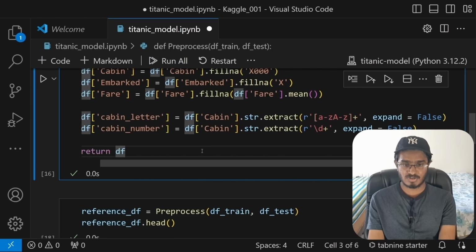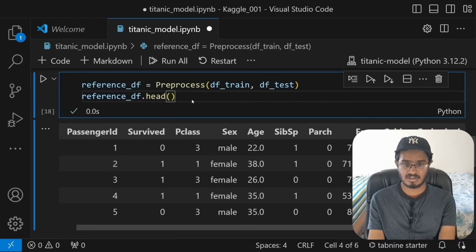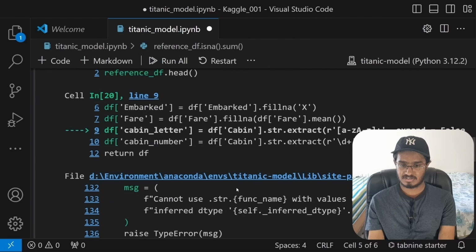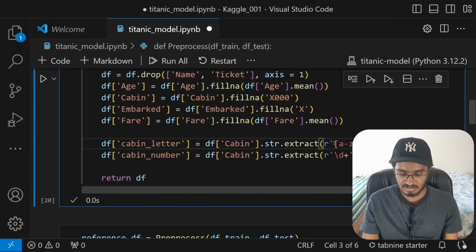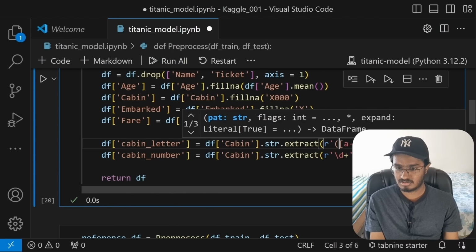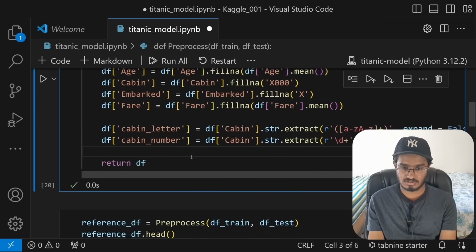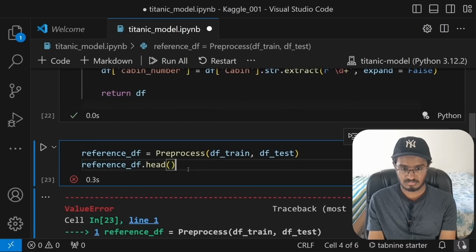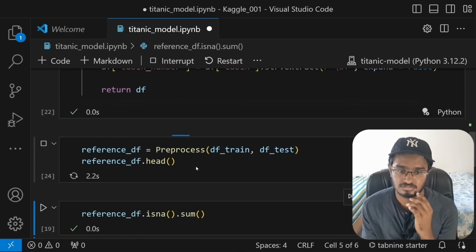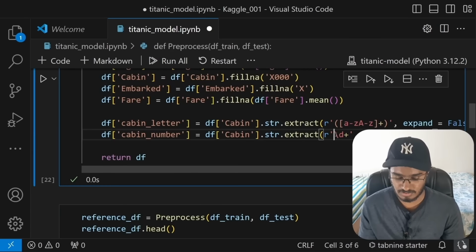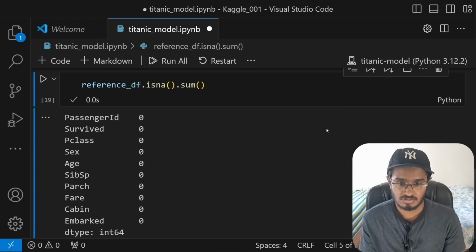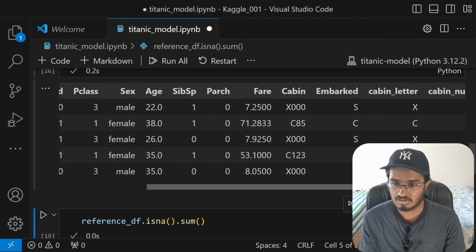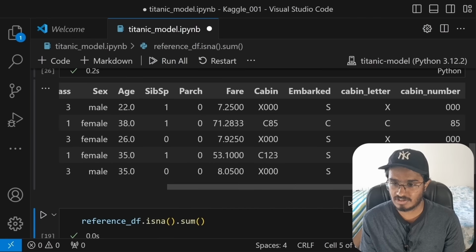Again, we just make sure to run this and check if everything is working properly. Reference df. Oops, pattern contains no capture groups. I guess we have to put this inside parentheses. Yep, now when we run this code cell, run this. Oh, we have to do it for this one as well. Now this time it should work. Yep, it works. Now we should be having two new columns, cabin letter and cabin number, which has extracted the letter